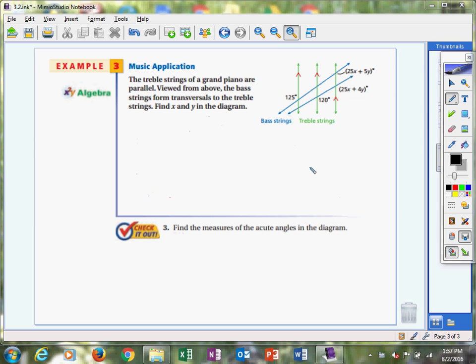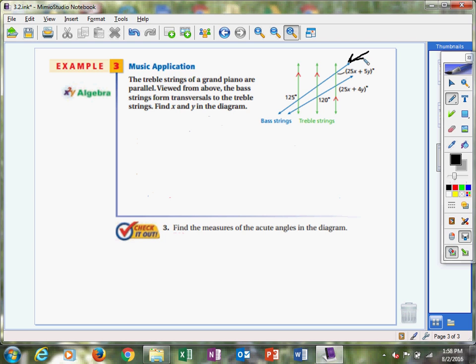So what we have to do is take everything we've learned in this section and take the different postulates and theorems and apply them and see if we can figure out some measurements. We've got to find what X and Y are equal to. Okay? All right, first thing, let's study that top blue line. It's not marked with any letters or anything, but the top blue line here, that's going to be a transversal,